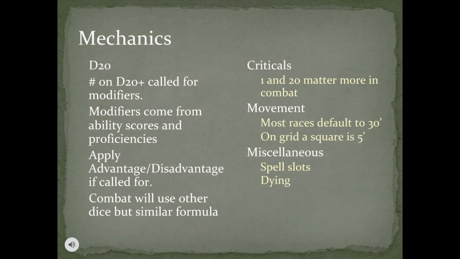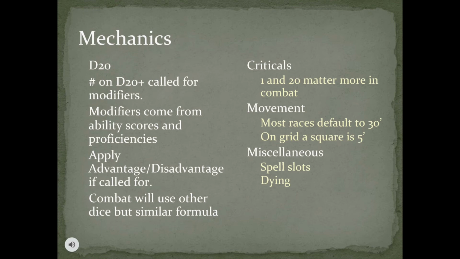And one of the other features you'll need to know is dying. If your character ever reaches 0 or less HP, they are dying. A dying character will need to make death saves. A death save is a flat d20 roll. A 10 or better is a save. 1 through 9 is a fail. If you save and you get 3 saves, you stabilize and are at 0 HP and no longer dying. If you get 3 fails, you're dead.